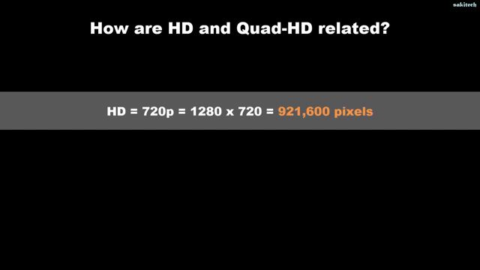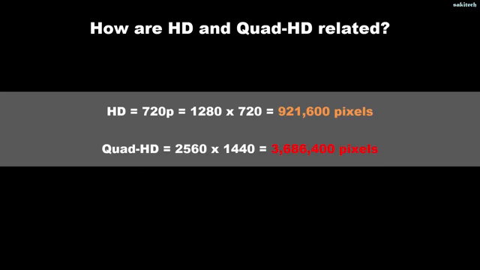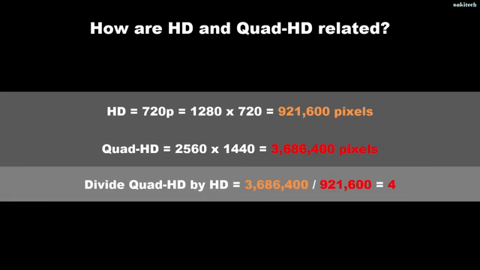So let's take HD really quick and see how many pixels that translates to. So 1280 by 720, multiply those two numbers, and you get 921,600 pixels. Quad HD is 2560 by 1440. So if you multiply those two numbers, the answer is 3,686,400 pixels. Now if you divide the number of pixels you get from Quad HD by the number of pixels you get from HD, the number is going to be 4. So now you see, when you take Quad and you slap it in front of HD, that means you get